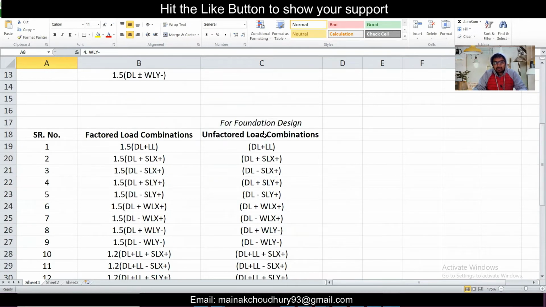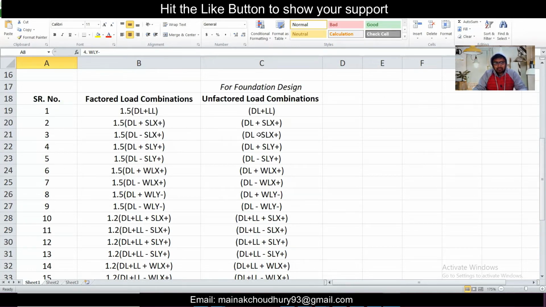And there I have also prepared the unfactored load combinations. So what are these unfactored load combinations? When you go for foundation design, the geotechnical engineer usually considers a very high factor of safety. So we don't need to apply the factored load combinations when you are going for the design of the foundation, because the SBC provided by the soil test report already includes the factor of safety. So you don't have to give any factored load combinations to that. So that is the case. These are the load combinations which are there.